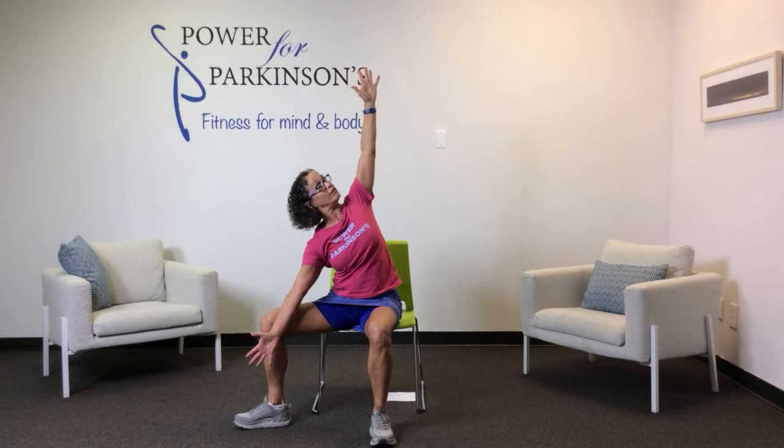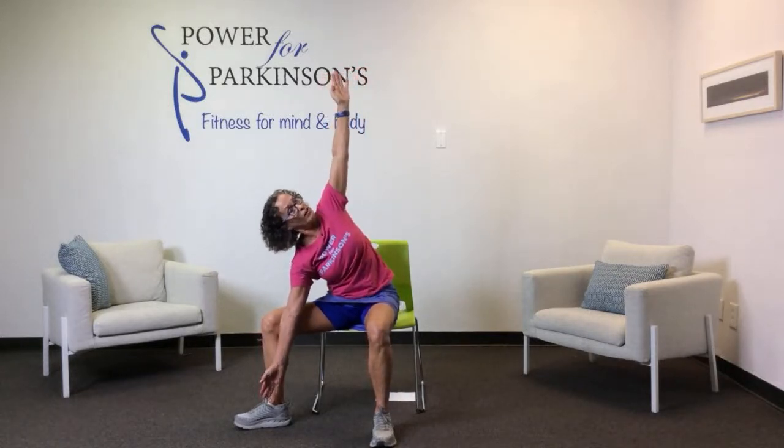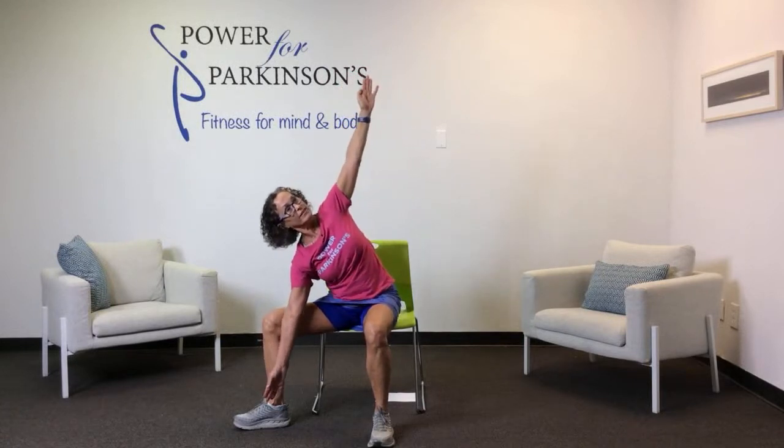Good. Press the knees open, opening the chest. Reach down toward the ankle if you can, and then slowly come back up. Make sure your abs are engaged. Two more. This is called a triangle pose in yoga. Hold here, open the chest, and then hand to hand,